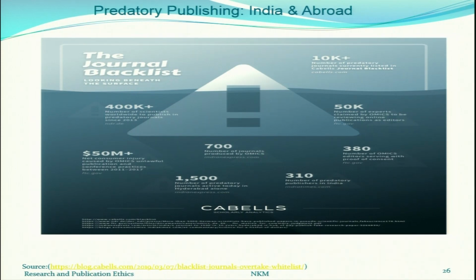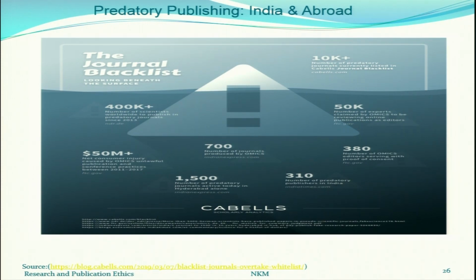That's a big number. Then we see more than 10,000 predatory journals currently listed in Cabell's journal blacklist. Further, more than 50,000 experts are claimed by OMICS to be reviewing online